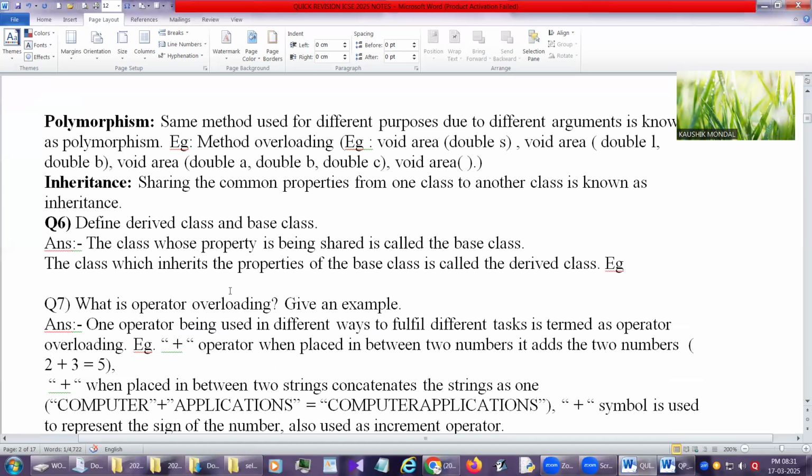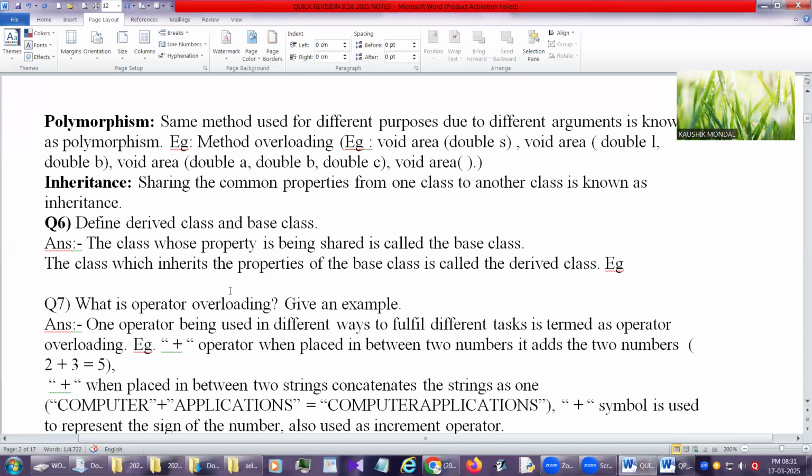This super class is also named base class, and the derived class is the one taking, like parent class and child class. Parents give the properties to the child.